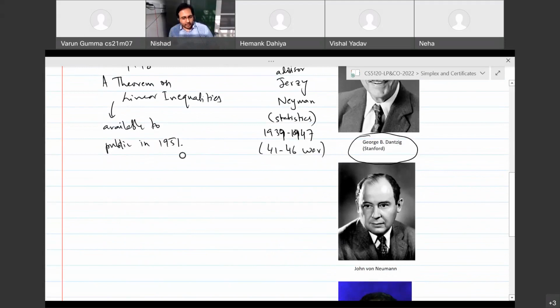Anyway, so he met John von Neumann at some point after developing the simplex method, and he explained his work to John von Neumann. And Neumann, who was at the time working on some game theoretic problem, immediately conjectured the theory of linear programming duality, which we are about to study next week, right? So they had a meeting, and that's when this guy